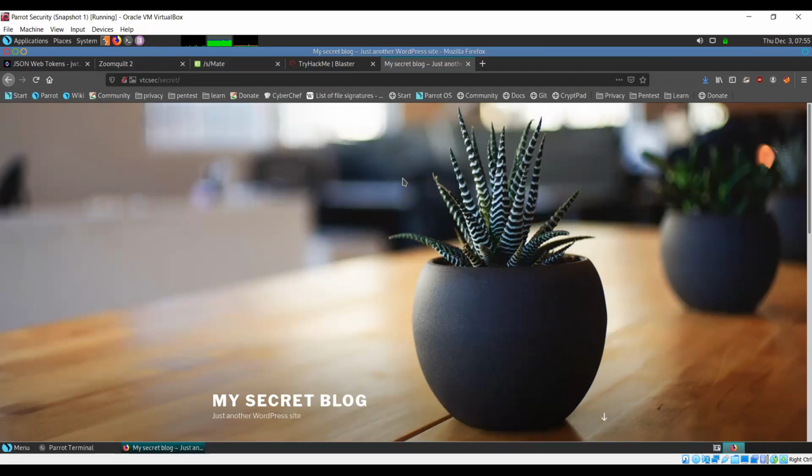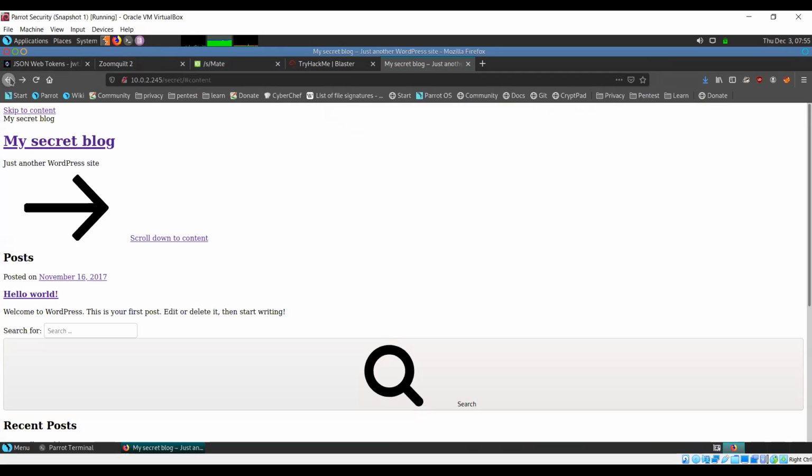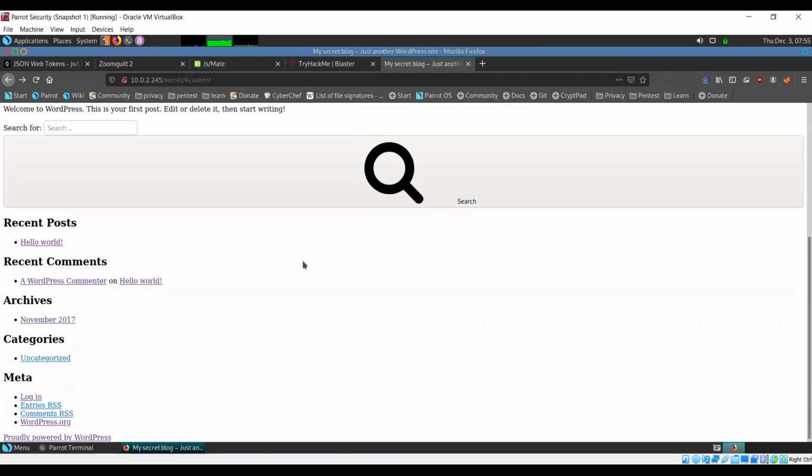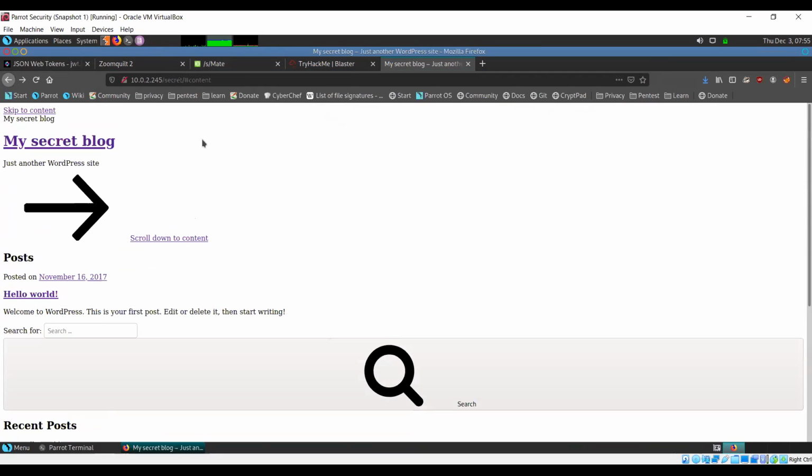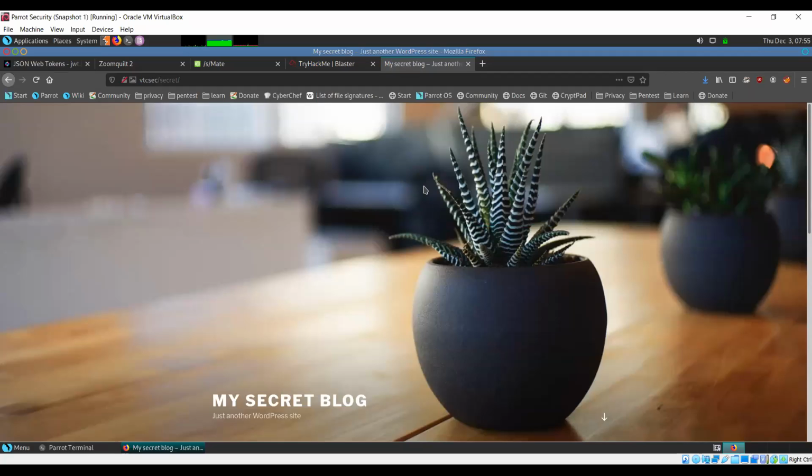Another thing is when we previously went to this, none of the images had appeared. Why? Because even for the images, you know that images are hard coded in the HTML code. Those images are also being accessed from this VTC sec host.